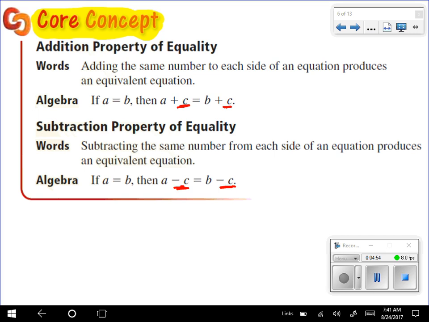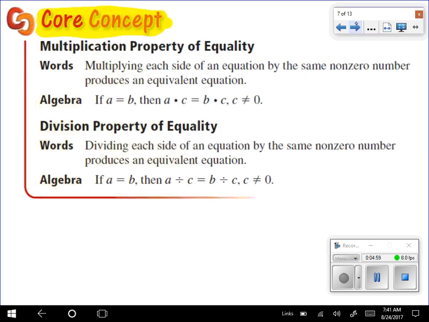Which leads us into the next core concept, which is very similar, the multiplication and division properties of equality. Along the same lines, if A is equal to B, if I multiply C times A, well, to keep it equal, to keep it balanced, I would also have to multiply C times B. So I can multiply anything as long as it's the same on both sides, because that's going to keep it equal. In this case, C cannot equal 0,